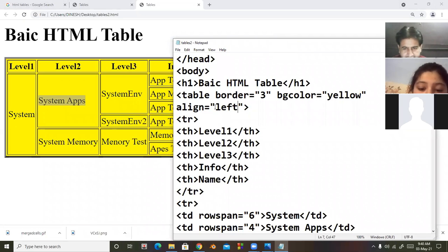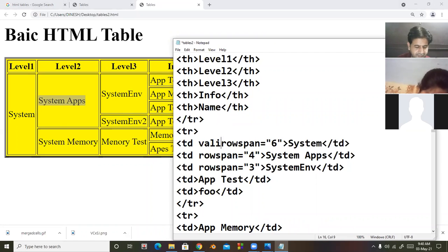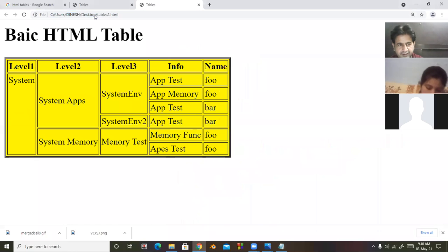So I am taking here, look at here, in system I am using V align equal to top. So look at here.